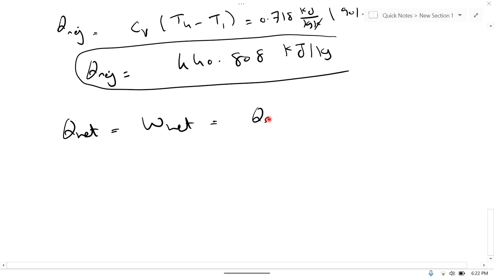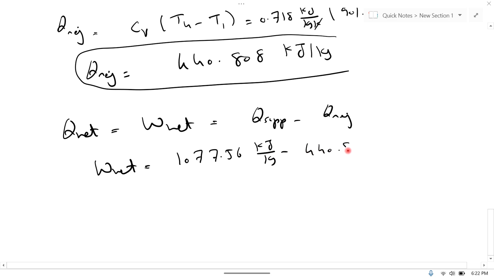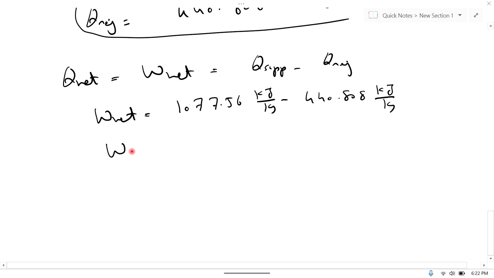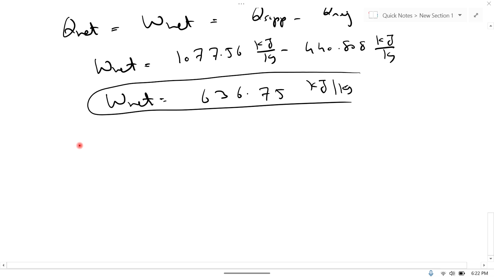Now we know that net heat is basically equal to net work, which is equal to heat supplied minus heat rejected. So W net is equal to heat supplied, 1077.56 kilojoule per kg, minus heat rejected, 440.808 kilojoule per kg. So net work is equal to 636.755 kilojoule per kg,